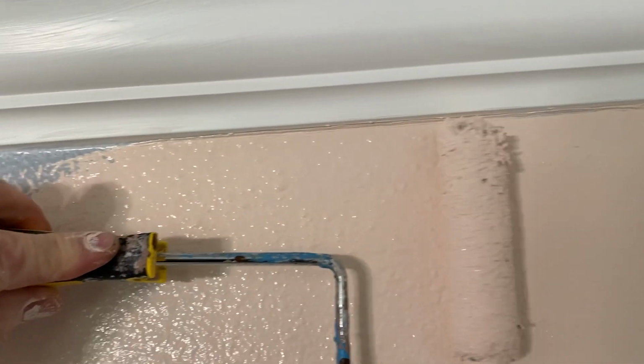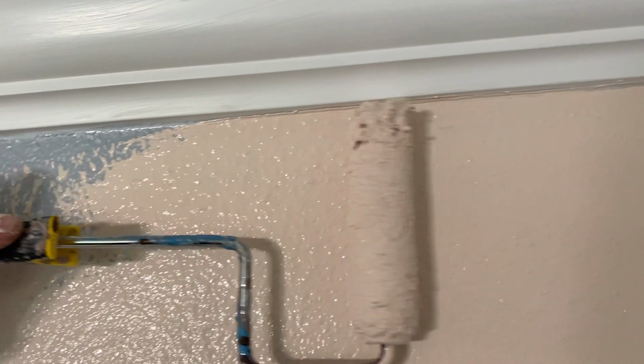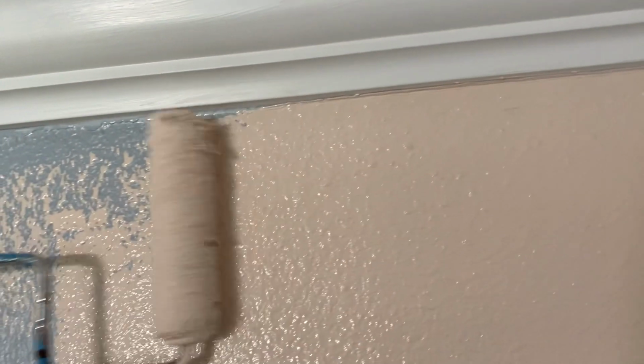But then, after I get my paint into the corner against the crown, and then I get my stipple with my little roller, after I get that as close to the crown as I can, now the paint direction and my stipple is taken care of at the top. The only thing left I have to do is bring my 9-inch roller